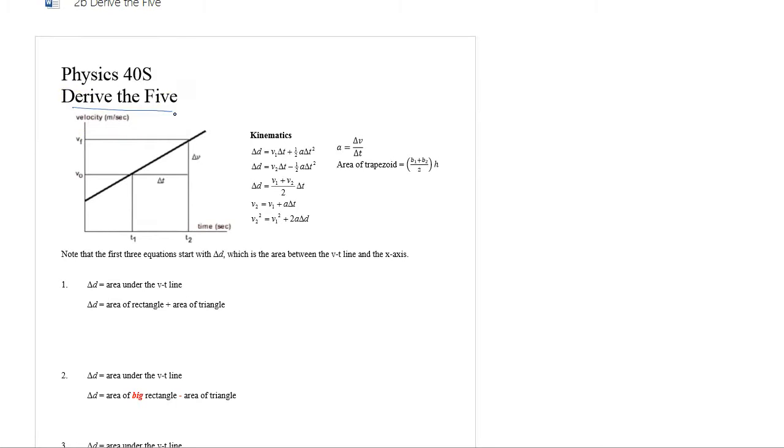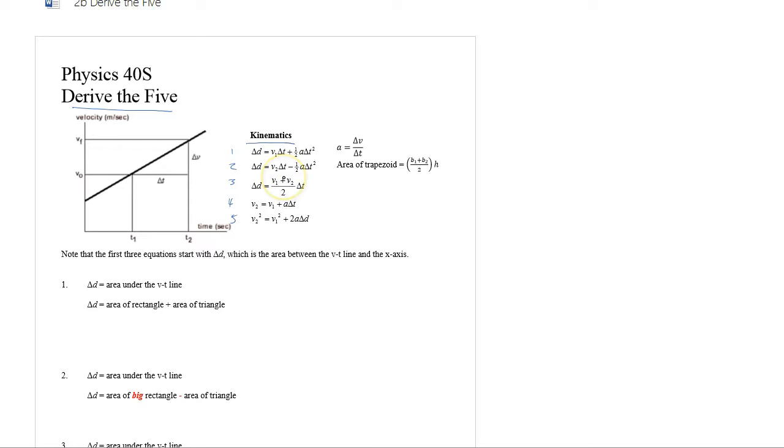In grade 11, I gave you these five, we call them the Big Five. One, two, three, four, five formulas for solving kinematic problems with constant acceleration. What we are doing in this lesson is we are deriving them. We're going to prove them. Maybe you trusted me enough last year that they are true, so we're going to actually show and prove that